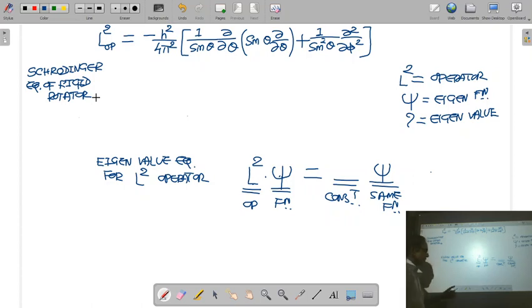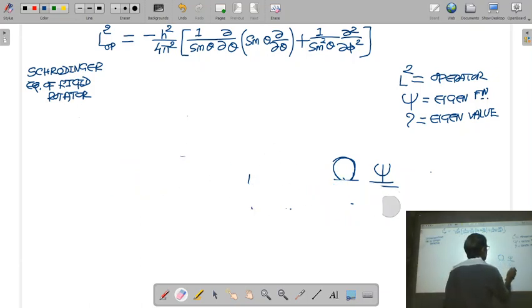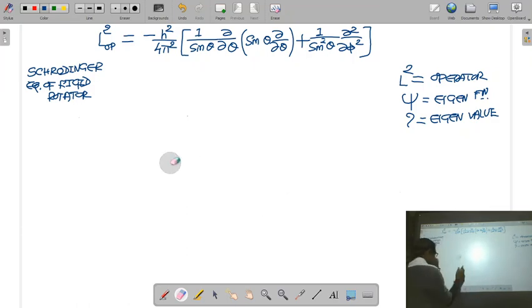Please remember, we are going to calculate the eigenvalue of L square operator. In order to calculate the eigenvalue of L square operator, let us start with the Schrodinger equation of a rigid rotator. Okay. If you remember that equation,